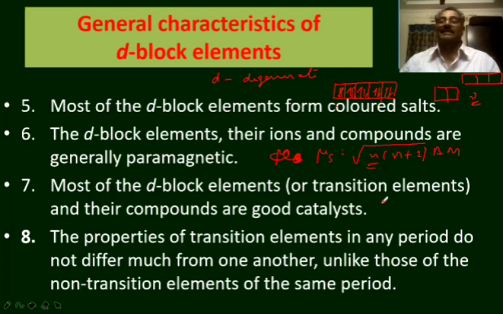Examples of substances which act as catalysts: in the preparation of sulfuric acid in the contact process, either platinum or vanadium pentoxide is used as a catalyst. Platinum is a metal, vanadium pentoxide is an oxide of metal. In the manufacture of nitric acid from nitrogen and oxygen, the platinum is used as a catalyst.